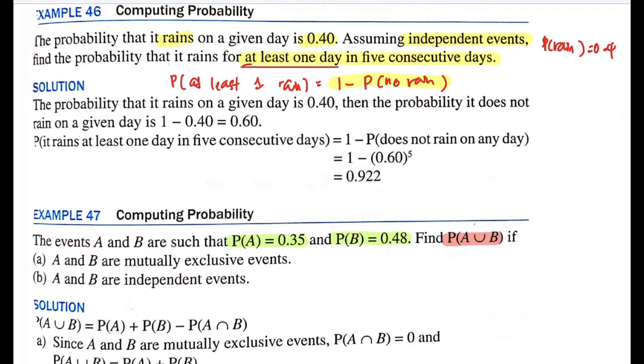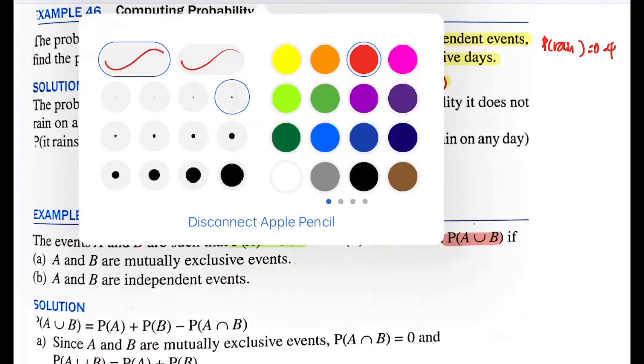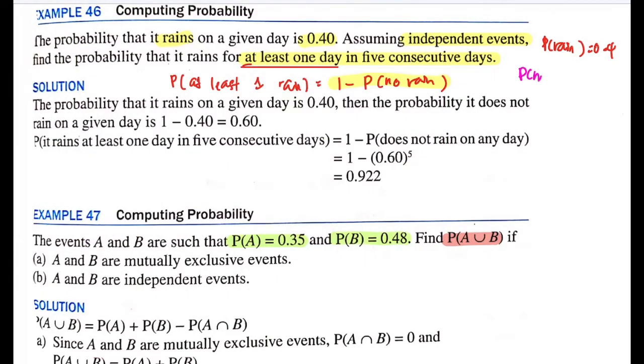So what is the probability of no rain? Since the probability of rain is 0.4, the probability of no rain is 1 minus 0.4, so it is 0.6. So this is the probability of no rain for any given day, only one day. So what is the probability of no rain